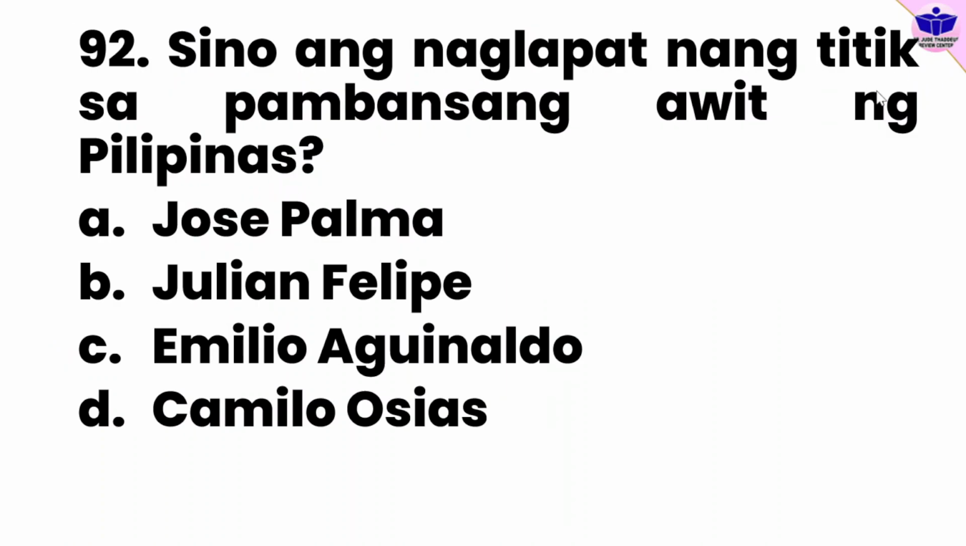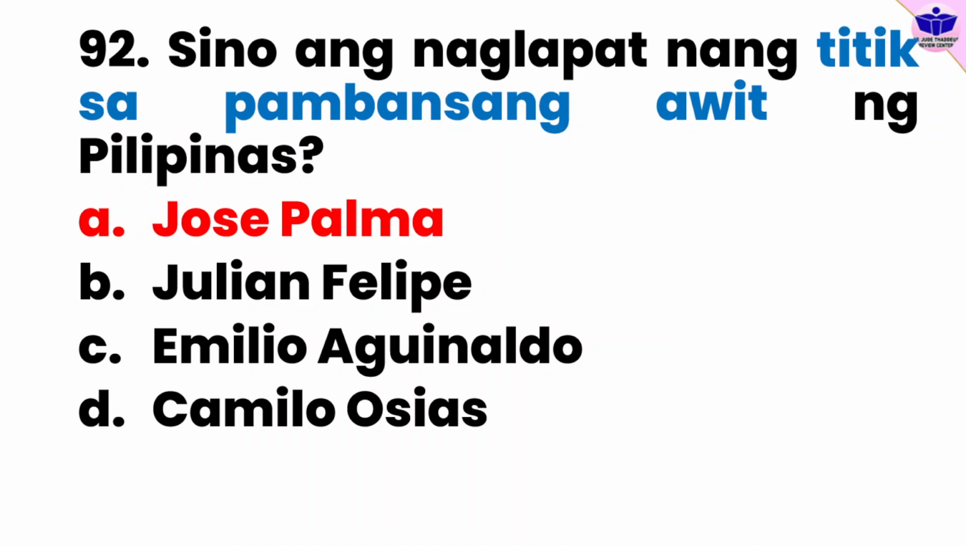Number 92. Sino ang naglapat ng titik sa pambansang awit ng Pilipinas? A. Jose Palma, B. Julian Felipe, C. Emilio Aguinaldo, D. Camilo Osias. Sino ang nagsulat, in short, ng pambansang awit ng Pilipinas? Ang sagot ay letter A, Jose Palma. Siya ang nagsulat ng tula. Tula na naging